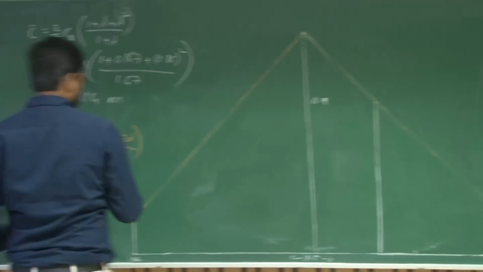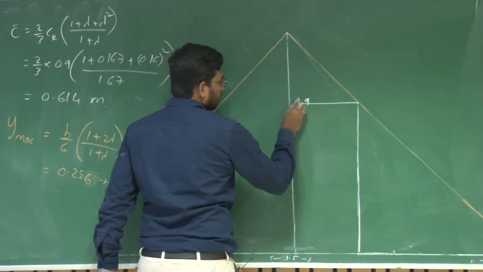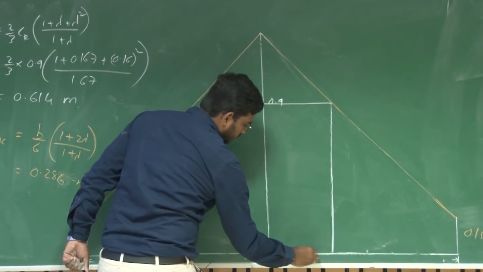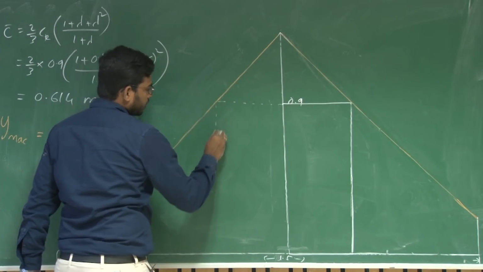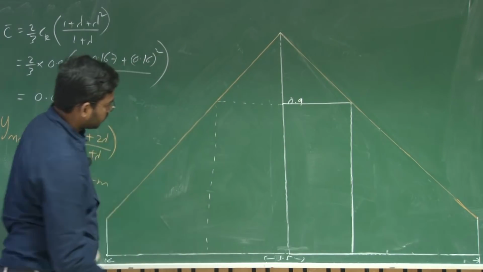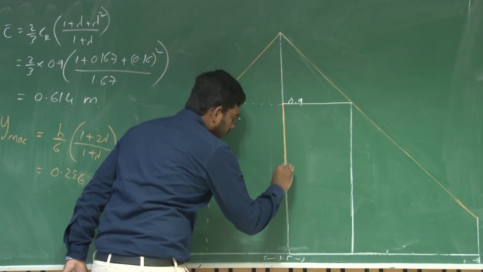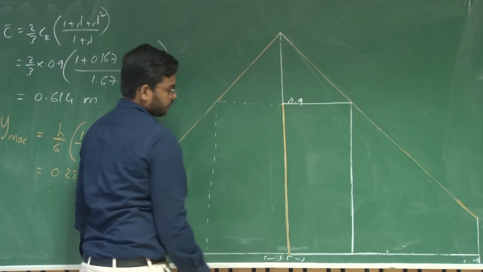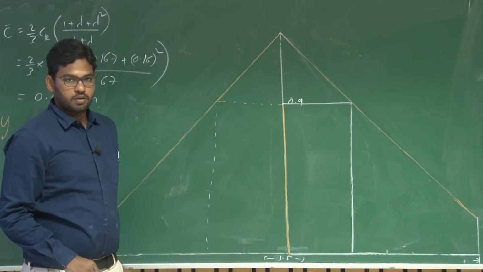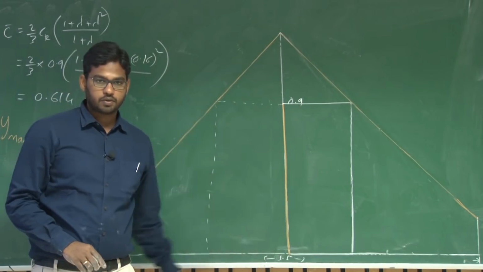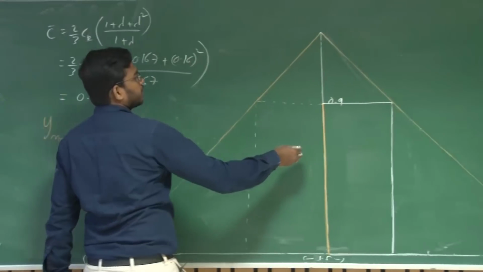So, project this MAC onto the root chord. Similarly, you will have a mean aerodynamic chord on this side as well, so you project it onto the root chord. Finally, this is going to be your mean aerodynamic chord. In this case, for a delta wing, since the trailing edge of the root chord as well as the tip chord lies on the same line, you can easily locate the aerodynamic center.